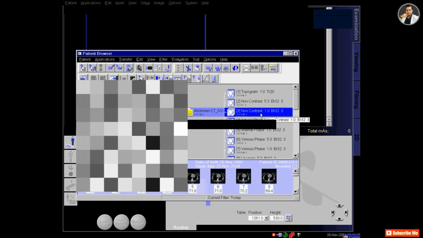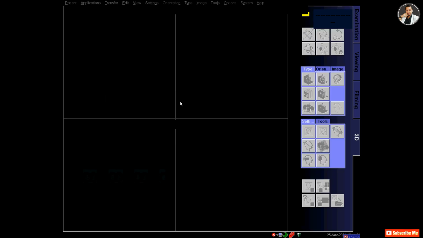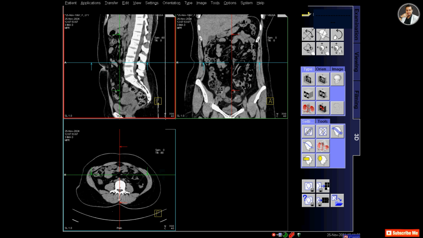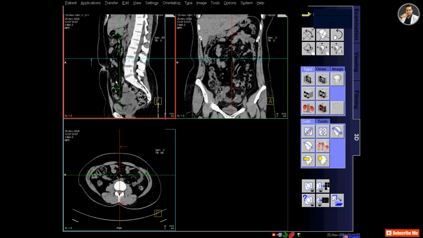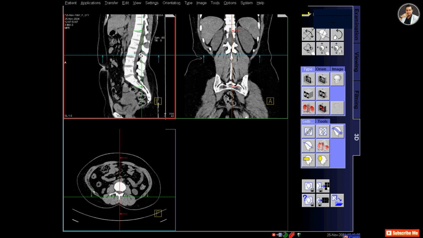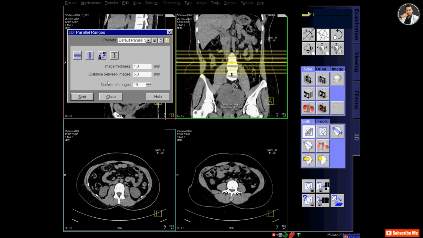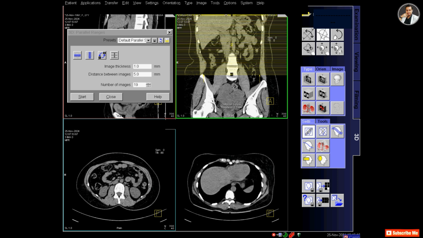Now it's time for printing, I think, making the films. So I will take the first, the non-contrast 1 millimeter slice thickness sequence, to the 3D, and from here I will make the axial images. So I will plan on the coronal image. I will plan over the coronal image and drag the first slice to the